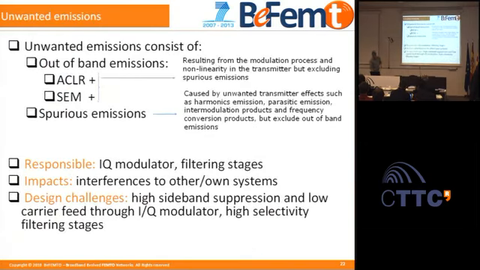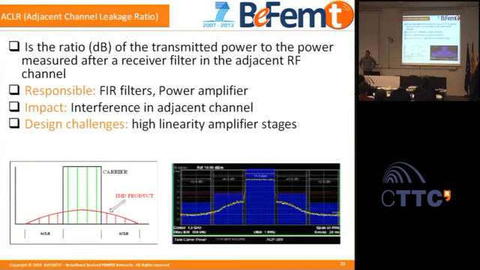Sorry, I just have a question on the previous slide. Compared to the macro base station, a femto base station is supposed to transmit at very small, low power. So does it help in avoiding the nonlinear region of the amplifier, because you can operate on? Yeah, you can operate, but in this case, you are going to operate with lower